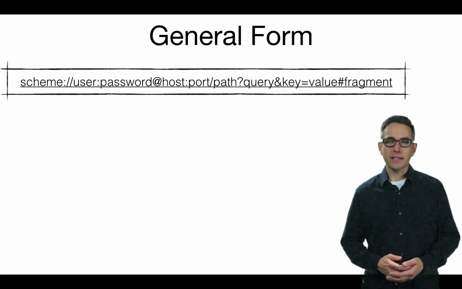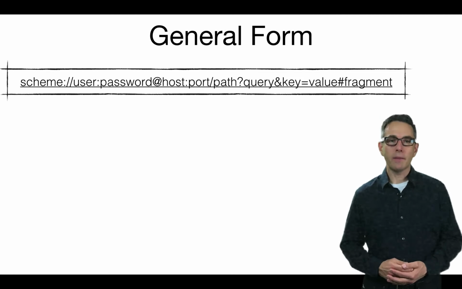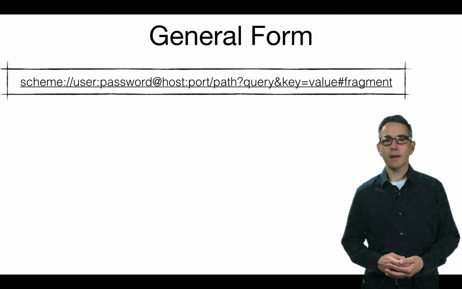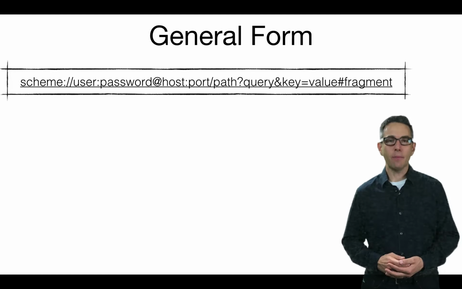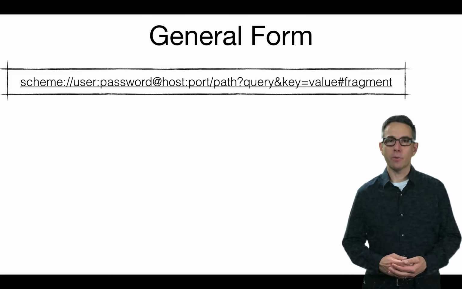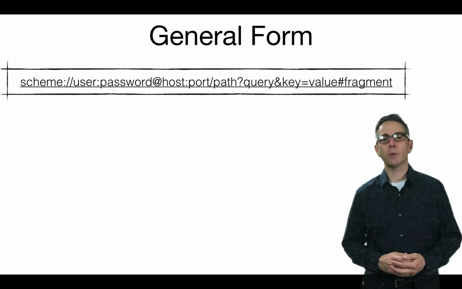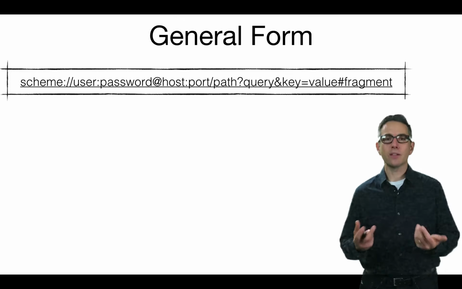Our general form then consists of a pattern that looks like this. A scheme at the beginning of our URL, followed by a colon and maybe 2 backslashes, depending on which scheme it is, a username, a colon, and a password, an @ symbol, the host name, possibly with a subdomain, so that would be where www.amazon.com would go, a colon and a port if we need to specify which one of the connections on the remote computer we're going to connect to, a path, which is the directory location of the